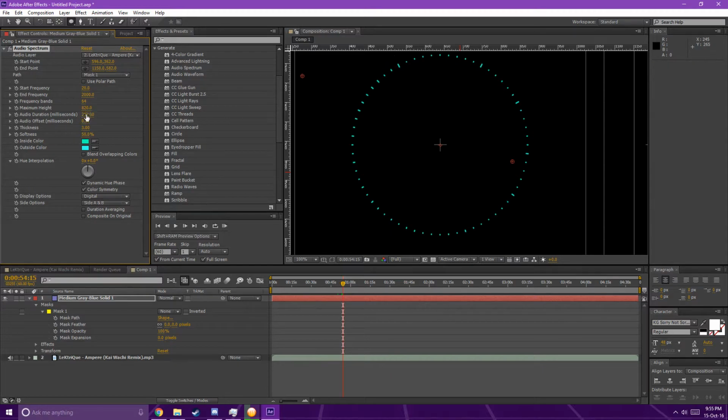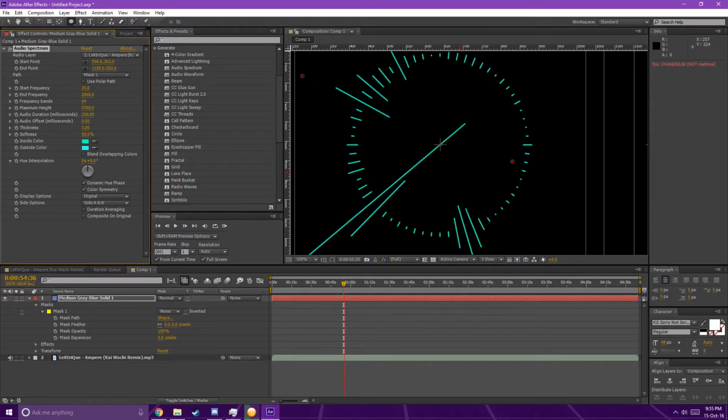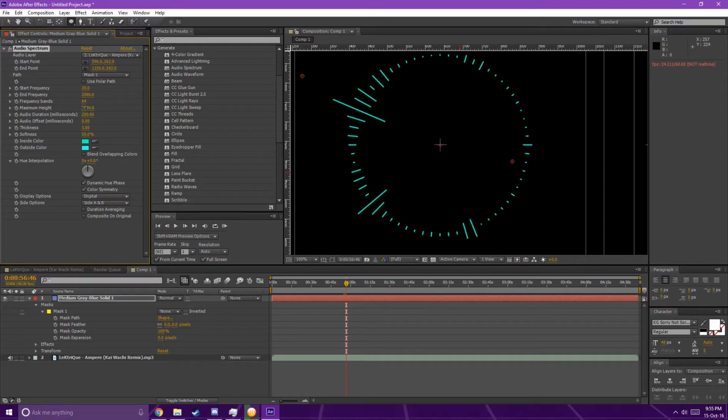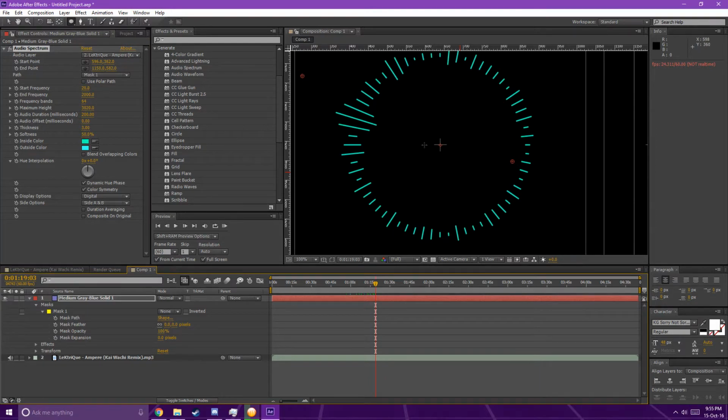If you turn up to 200, we'll just turn the height up. It can look a little bit like that. Obviously this is half speed, so just keep that in mind. Turn maximum height down a little bit. Now that we've got this,